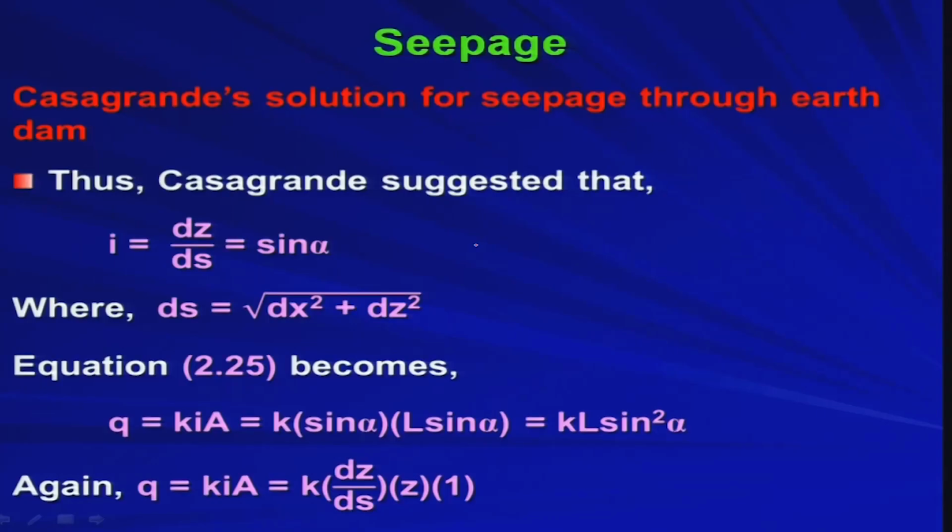Now, equation 2.25 becomes, k remains the same, q equal to k I a, is equal to k sin alpha times L sin alpha, is equal to k L sin square alpha. If you go back to equation 2.25, you will see that now I is sin alpha, right. So, you multiply k with I, that is nothing but sin alpha in this case. Earlier it was tan alpha, do you remember that? Earlier it was tan alpha, now it is sin alpha, and of course, L